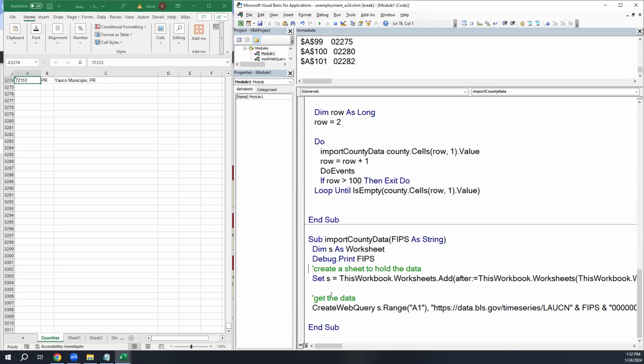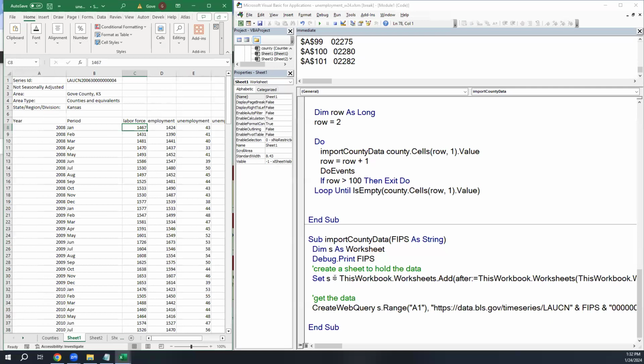And I know that it's going to be the active sheet because it will have been the most newly created sheet. So when this runs, that new sheet will be the created one. What I'd like to do is use some loops to bring that data in. Instead of actually bringing it in, because we'd have to wait for it,